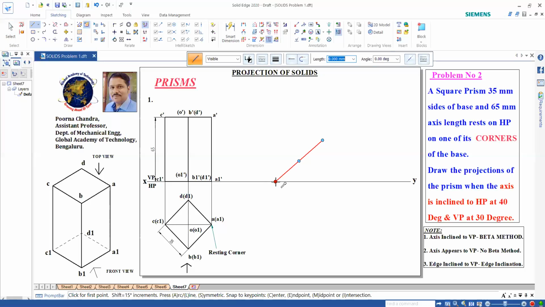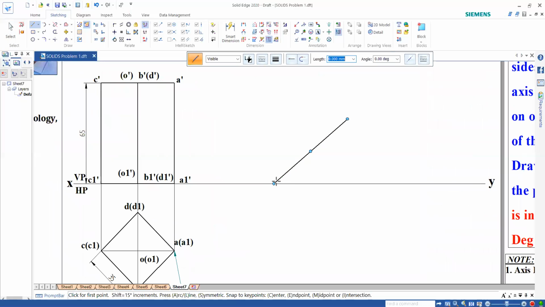So 40 degrees is done. Here this is 40. I need to draw a perpendicular line from this, so the angle will be 90 plus 40. We can select here.